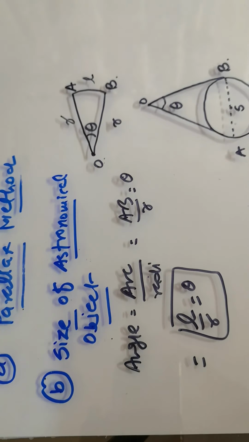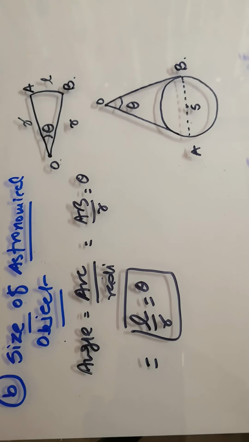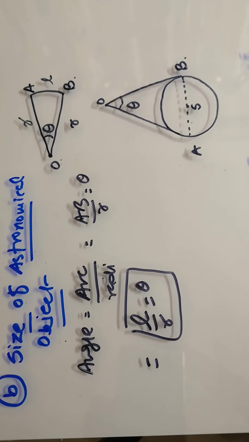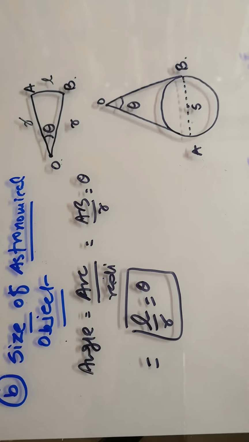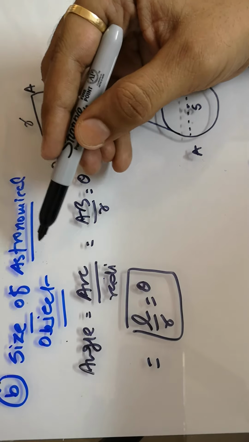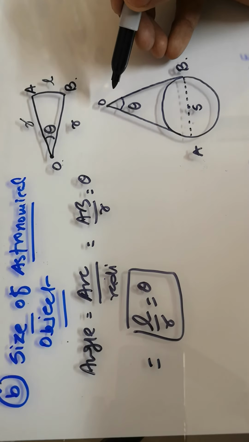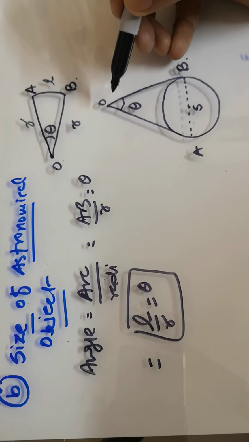With the help of such an equation you can find the distance of any planet, or the distance of one astronomical object from another. This is a very useful method. Now I will discuss the other method, the size of an astronomical object, which also contains the same formula, but it is a practical arrangement.